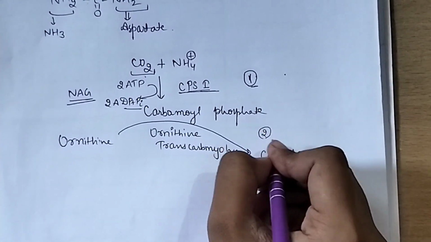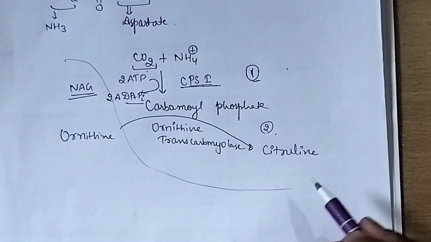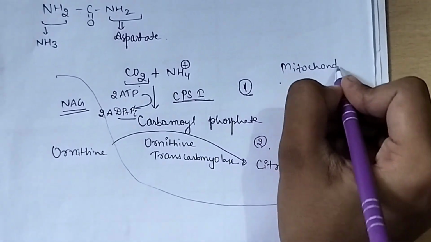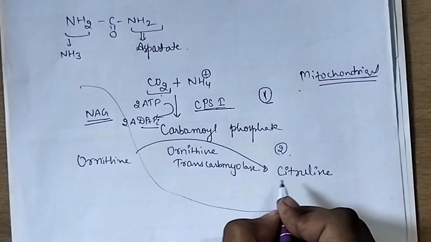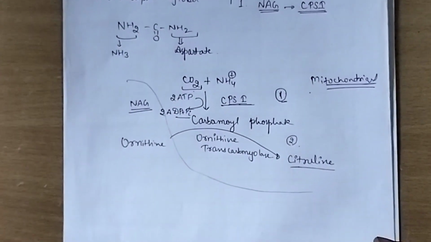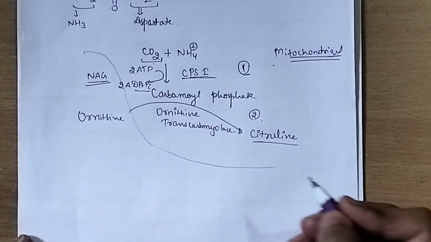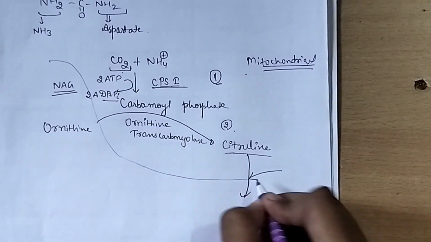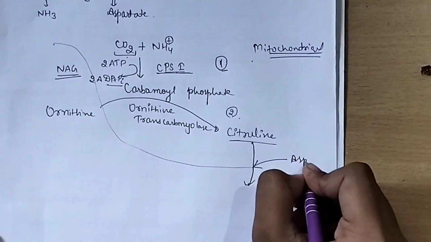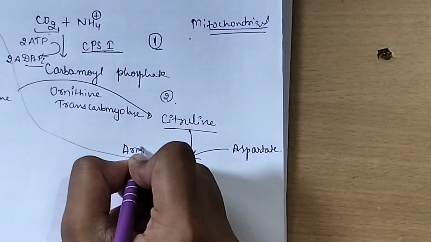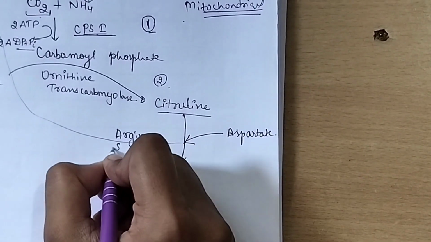This is the second step, and both of these steps are mitochondrial steps. Now the citrulline formed in the mitochondria has to be transported into the cytosol by a special transporter system. Now the citrulline condenses with aspartate in the presence of the enzyme argininosuccinate synthase,